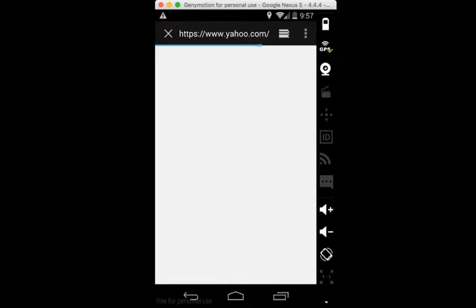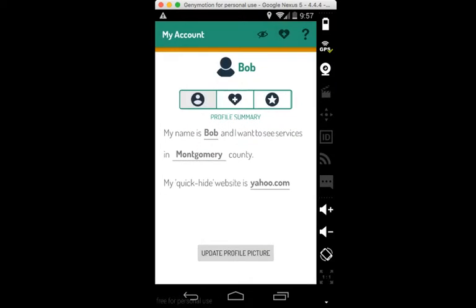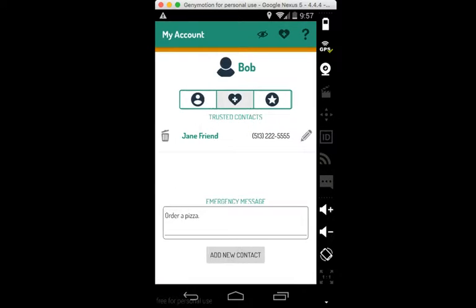So that's everything in the profile summary. In the trusted contacts, you have a list of your trusted contacts, so their name and number, and the idea here is that you would list 3 to 5 close friends with a custom emergency message, and in the event that you need to